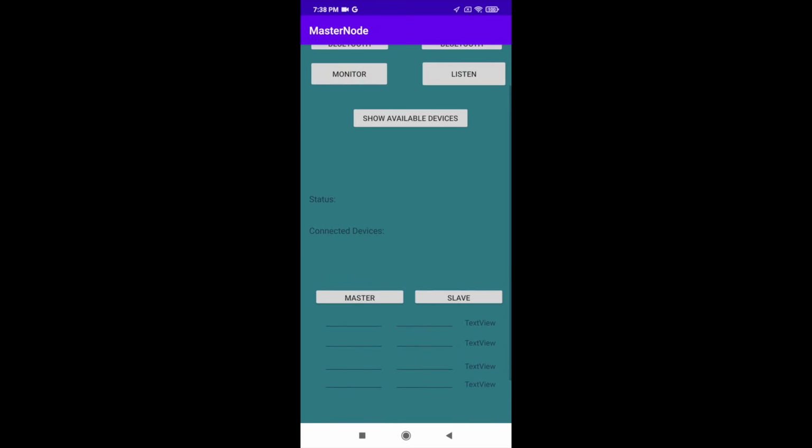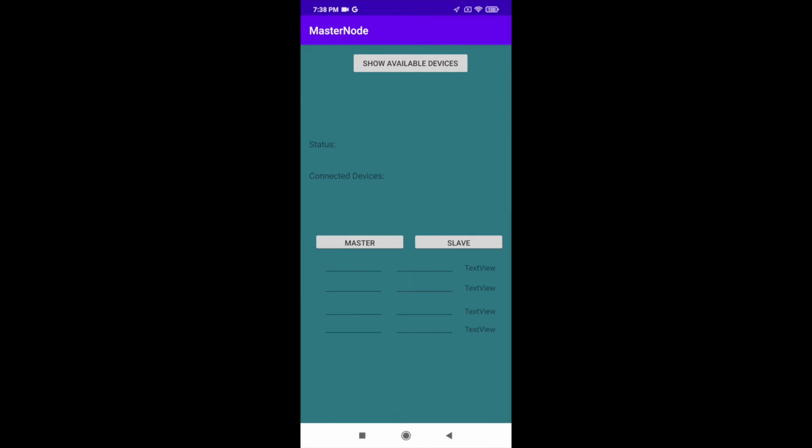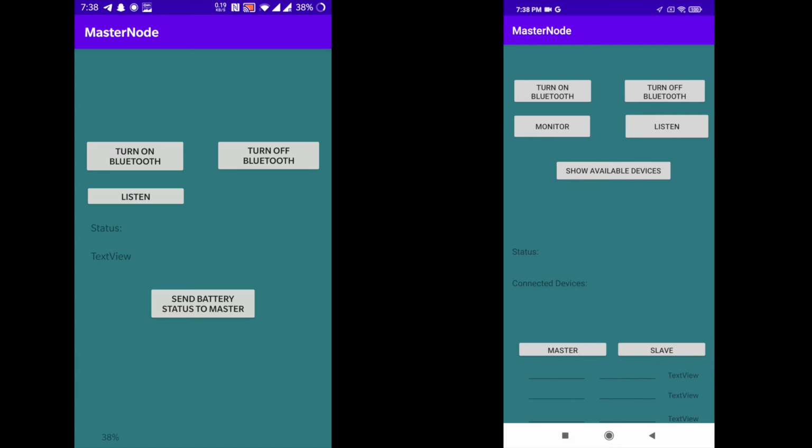And below we have some fields for matrix computation where the values of the matrix will be entered, and the master button will calculate the matrix computation at the master end, and the slave button will perform matrix computation by sending a few values to the slave and performing the computations at the slave end.